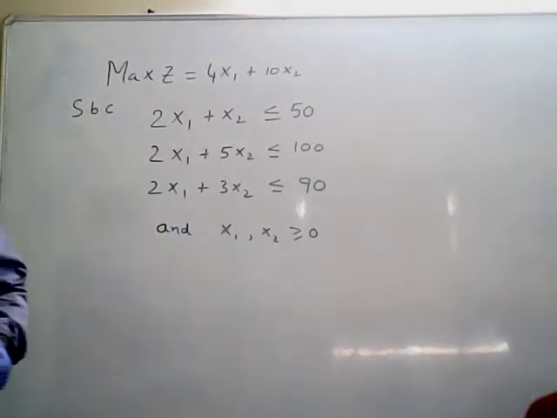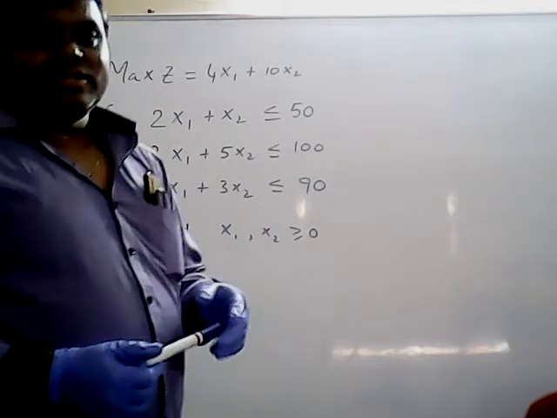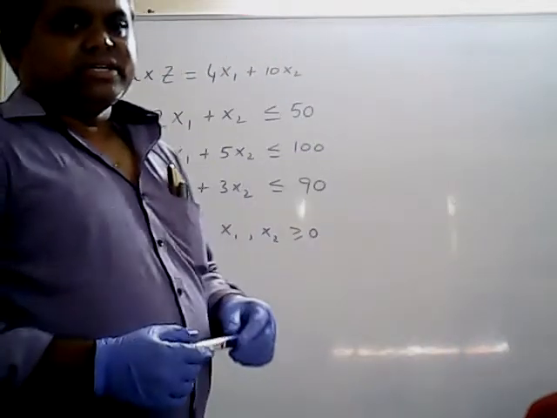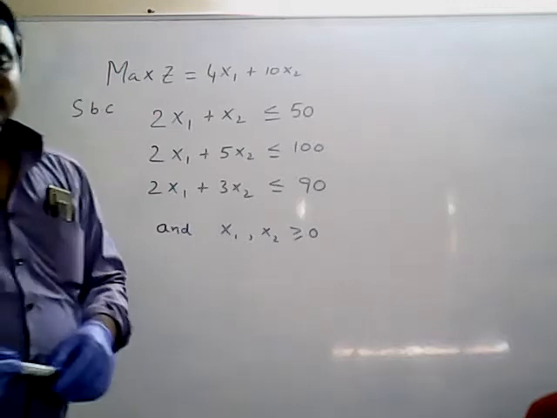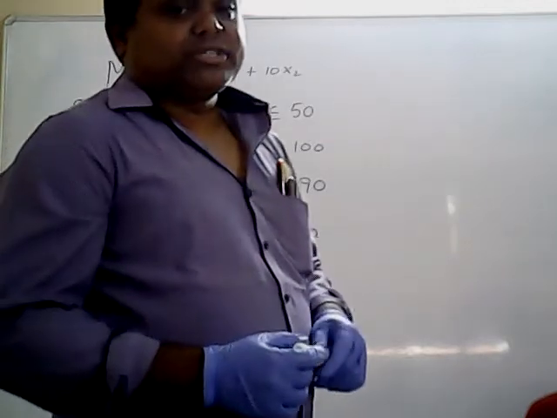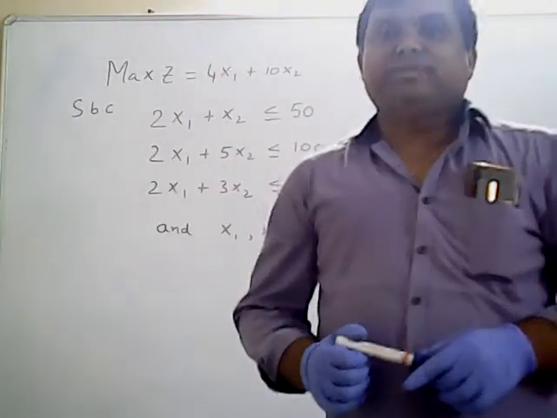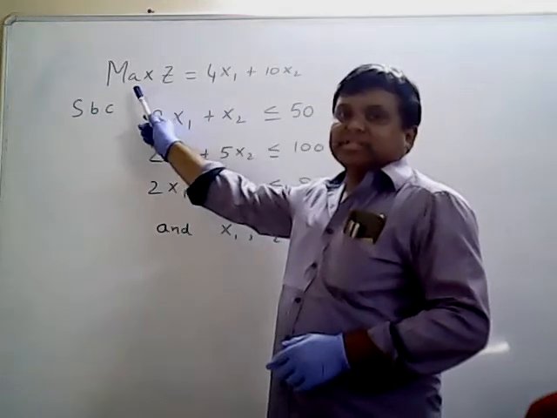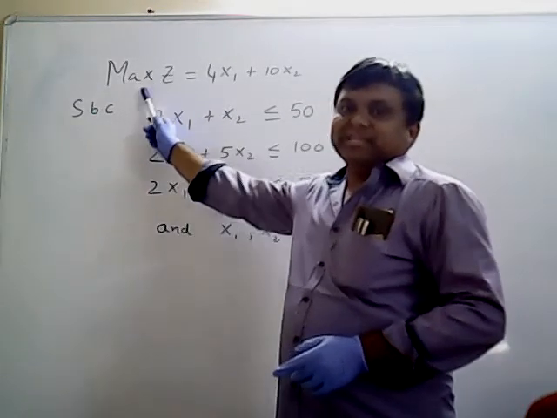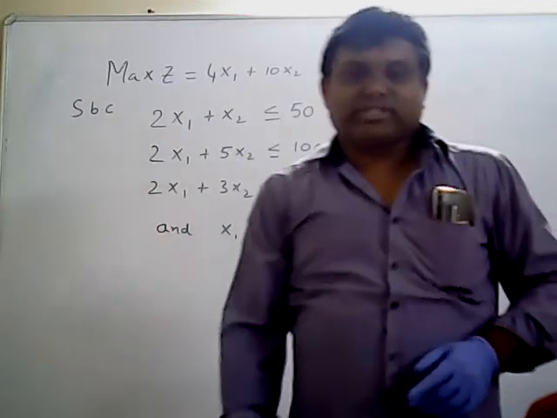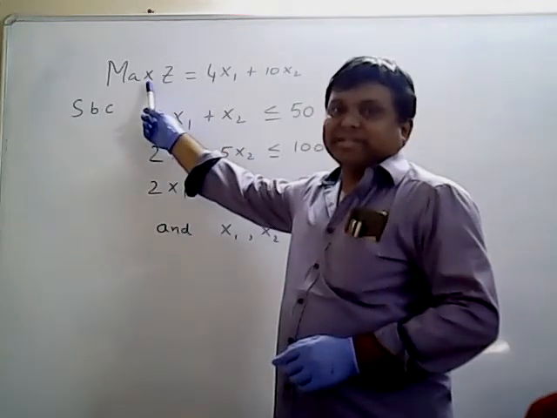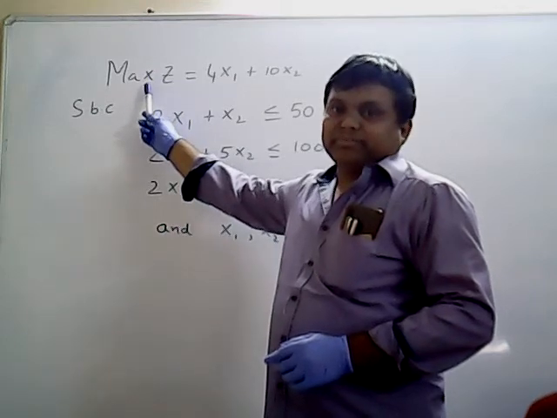What is step number 1 in simplex method? First I will explain step by step. Listen carefully, and if you understood, then you can write. Step number 1 is to check whether your objective function is maximization or minimization. If it is maximization type, you can ignore step number 1. In this problem, the objective function is maximization, so you can ignore step number 1.